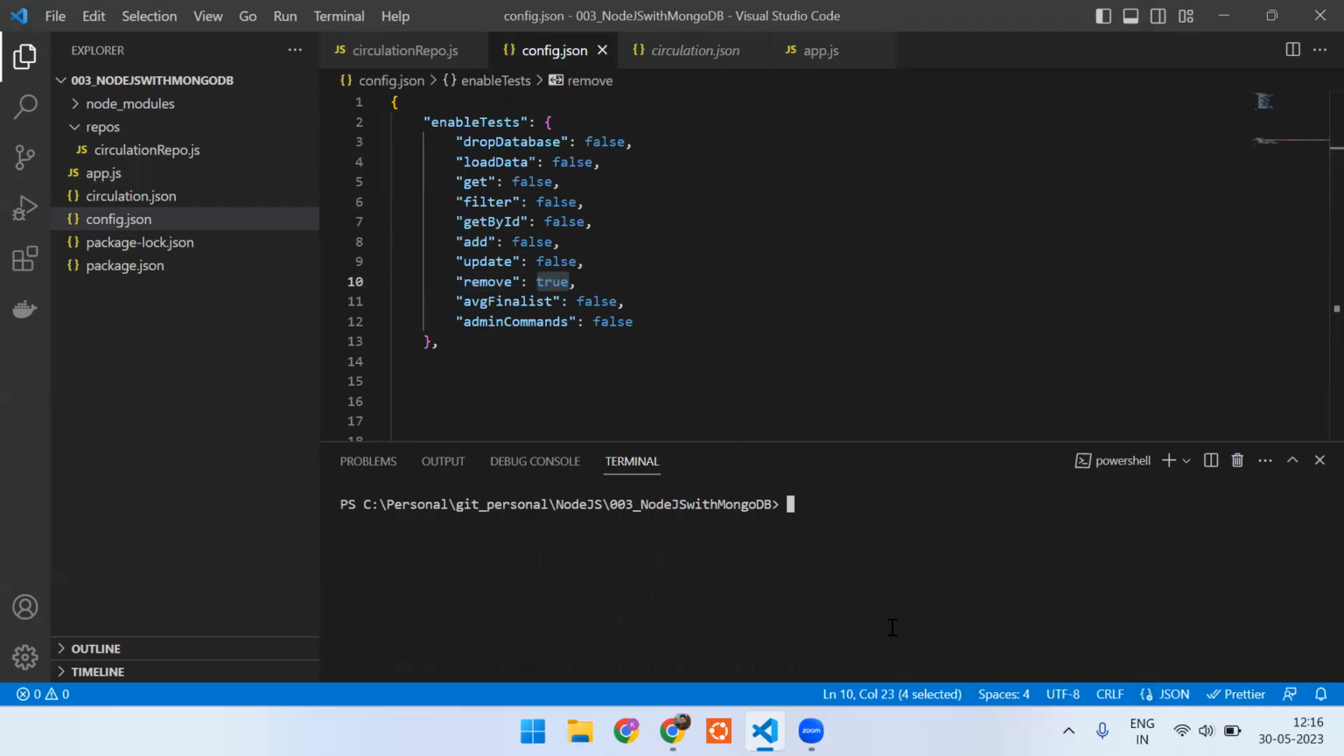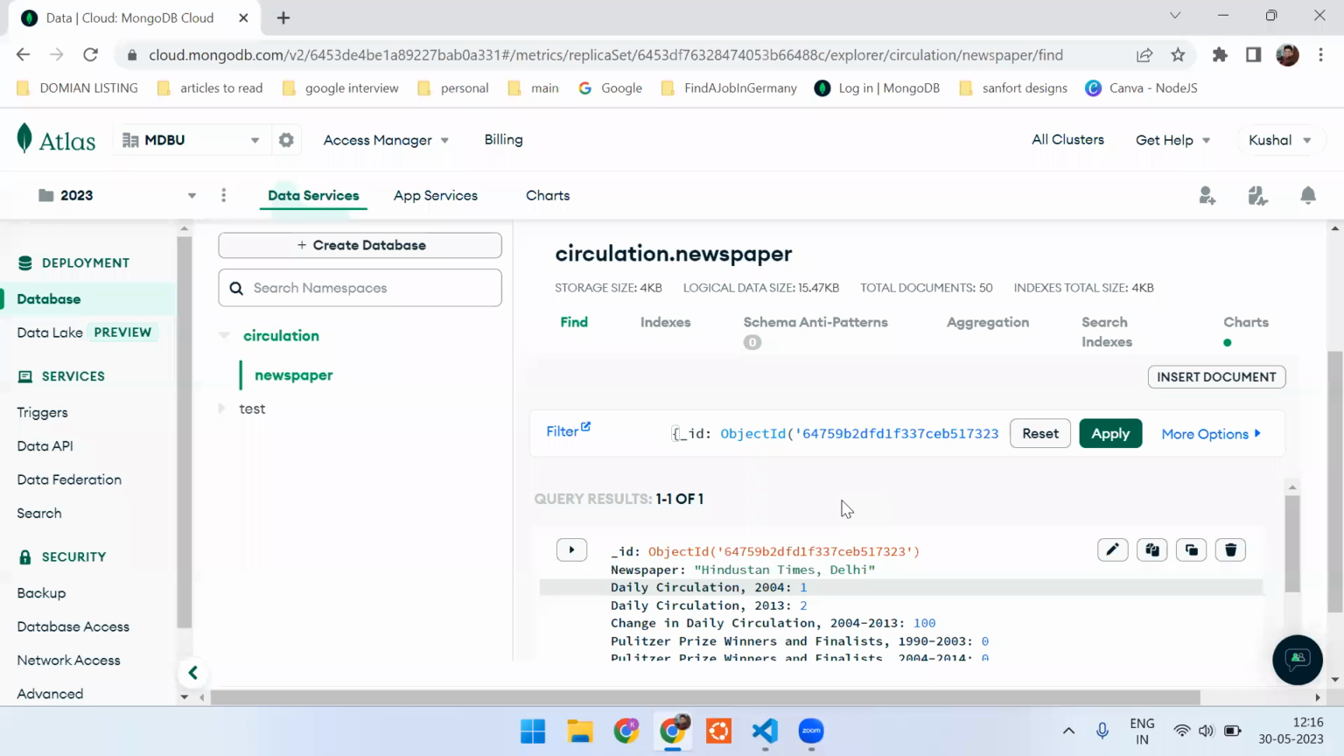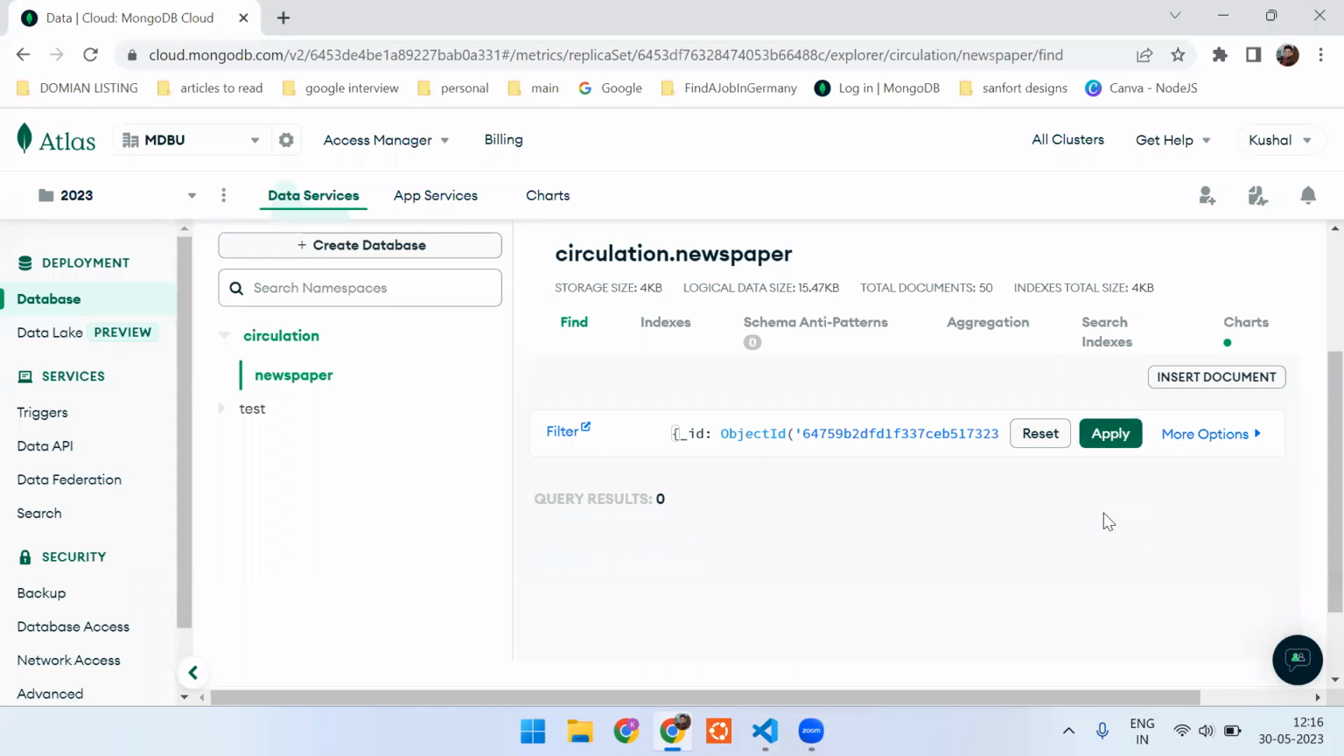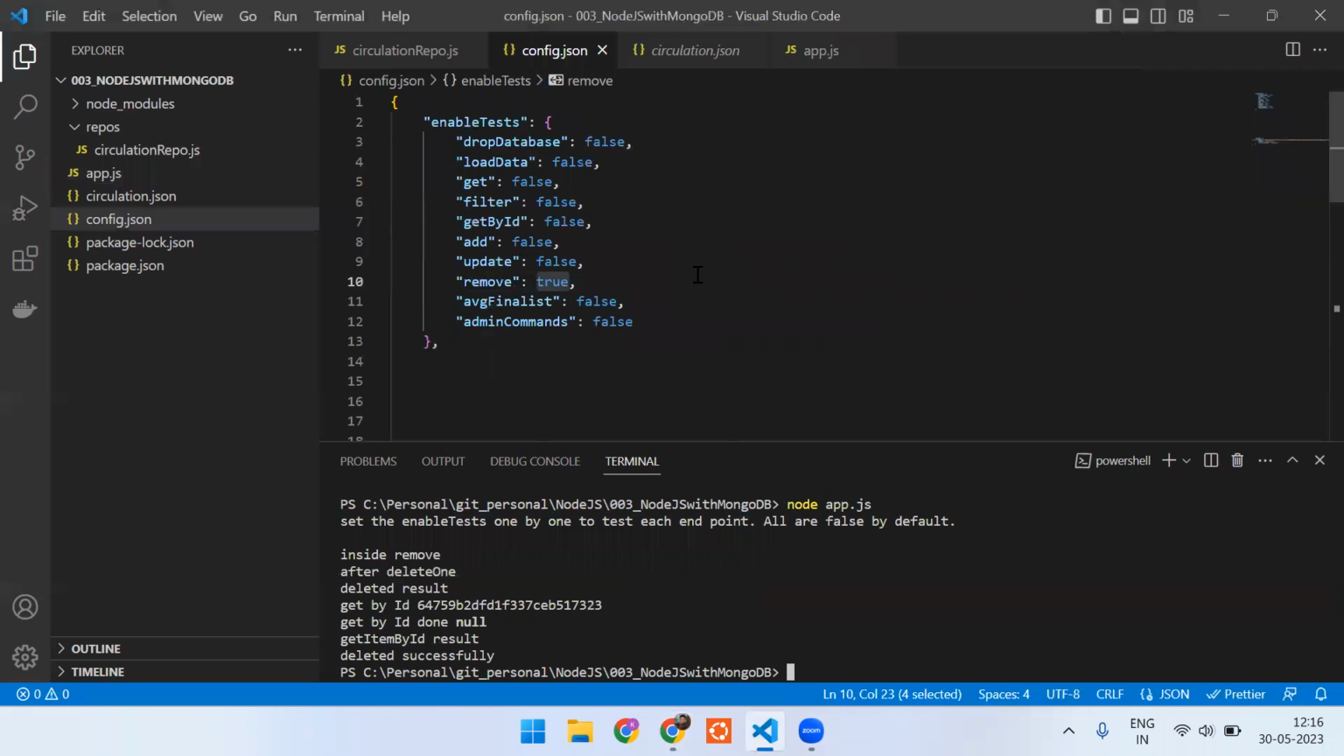Perfect. Let's clear this out and run node app.js. Yeah, it has deleted. Let me search in my DB. Yeah, it got deleted. So this was a small POC where I have connected my Node.js with MongoDB. Next, I will be trying Node.js with GraphQL, also Node.js with